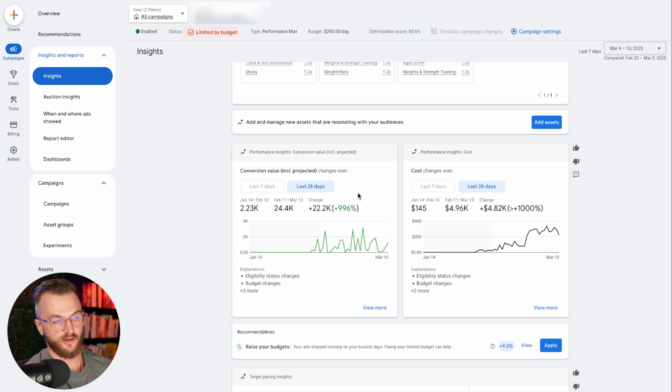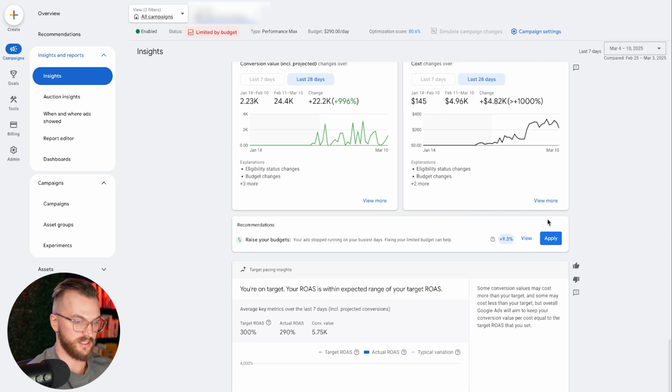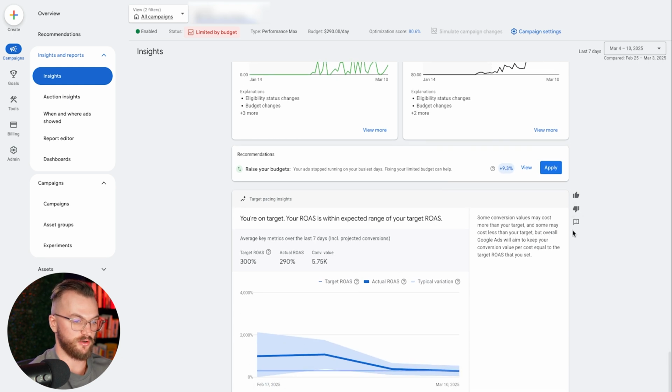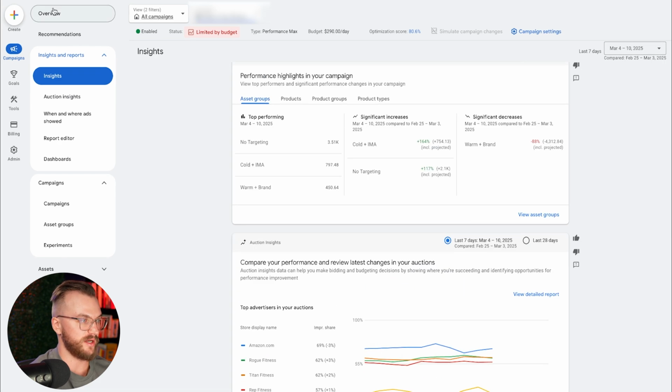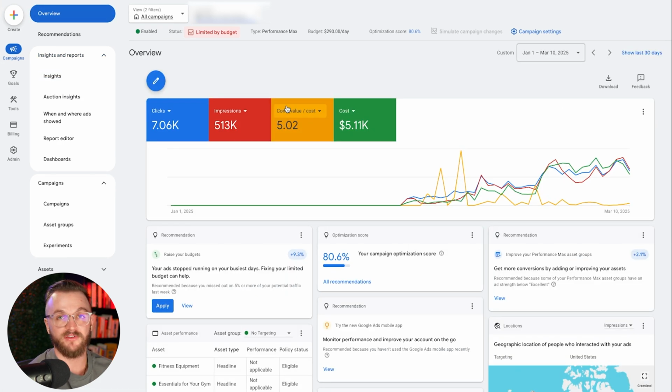And so you can also kind of compare your campaigns week over week here and see some of the differences. And then there's going to be some other recommendations here. Like in this case, it's recommending us to increase our budget. So if you're wanting to scale your campaign, but at a certain ROAS target that you kind of have set, that's how we best recommend to scale. Set a target ROAS based on where you're currently at. So if your ROAS is currently at a 5 in this case, and we're comfortable scaling to a 4, but